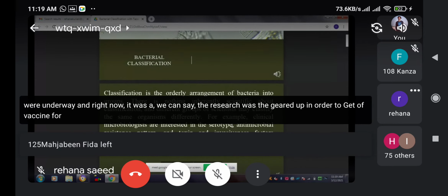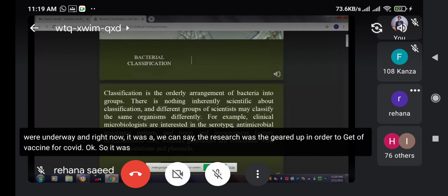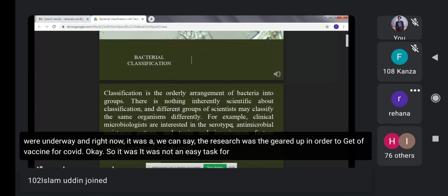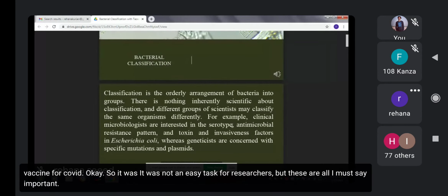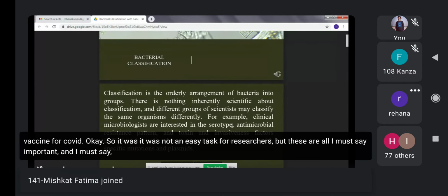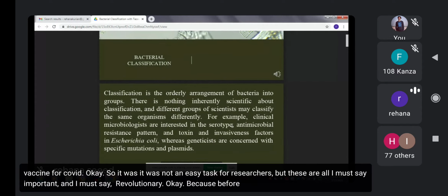So it was not an easy task for researchers, but these are all, I must say, important, and revolutionary. Because before that we used to get, and we still have, for